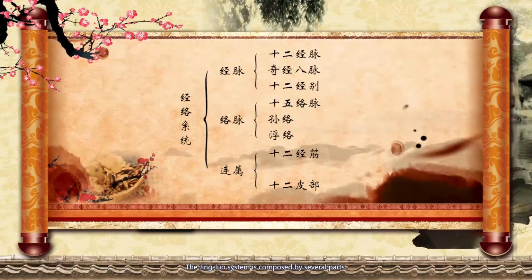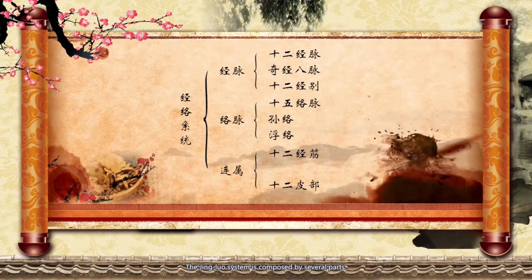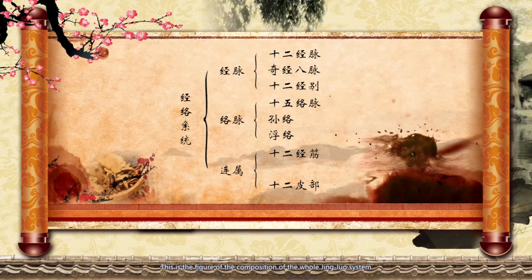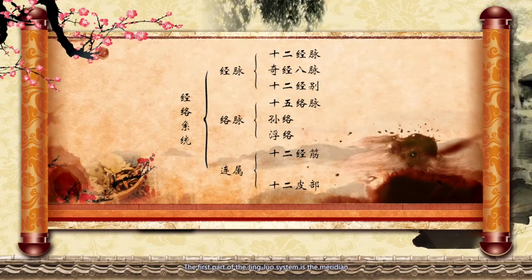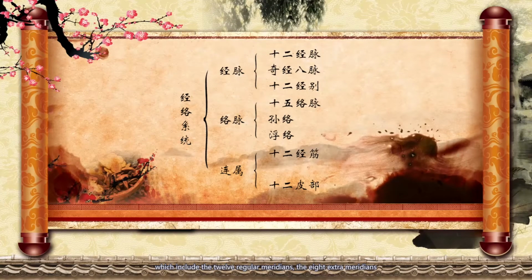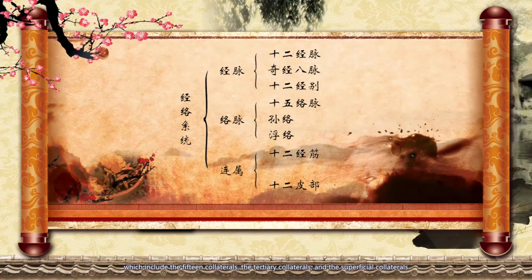The Jingluo system is composed of several parts. This is a figure of the composition of the whole Jingluo system. The first part of the Jingluo system is the meridian, which includes the 12 regular meridians, the 8 extra meridians, and the 12 divergent meridians. Then, let's learn the collectory, which includes the 15 collectories, the tertiary collectories, and the superficial collectories. Finally,